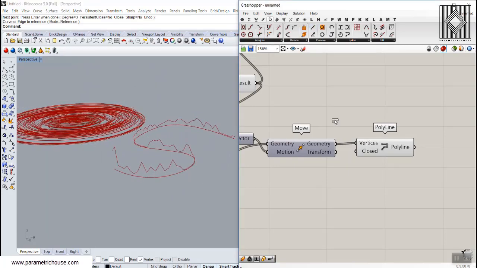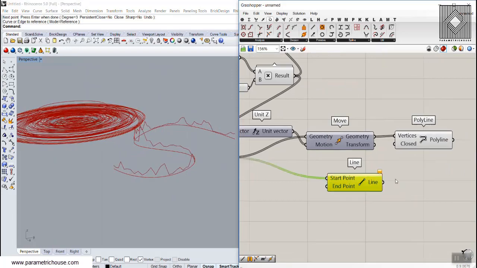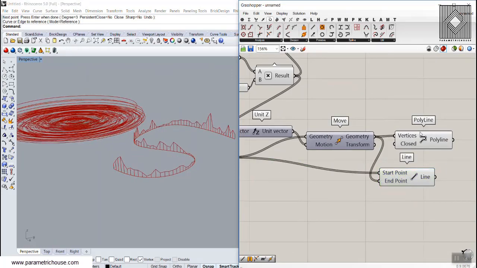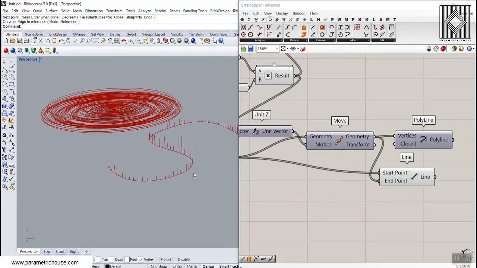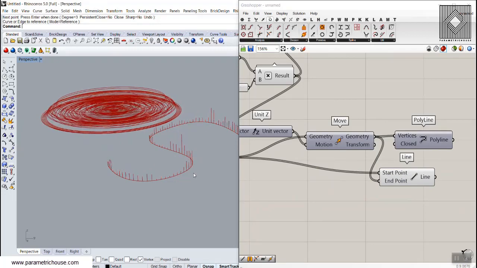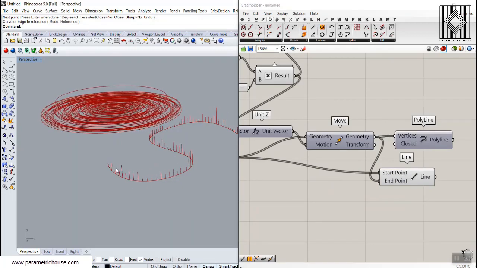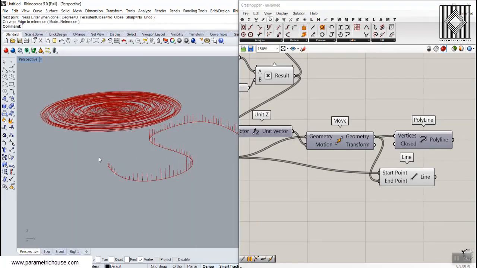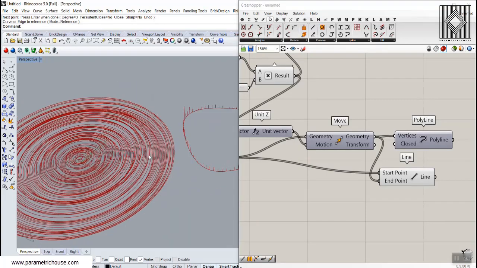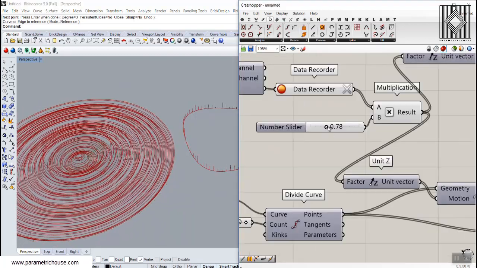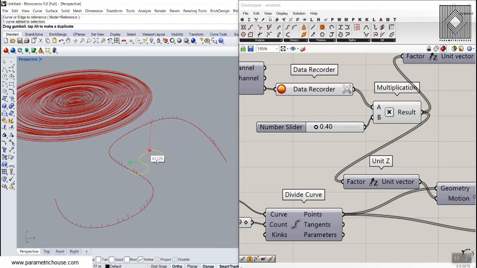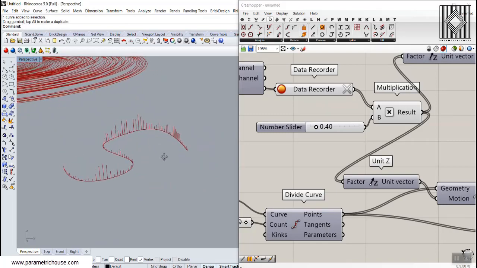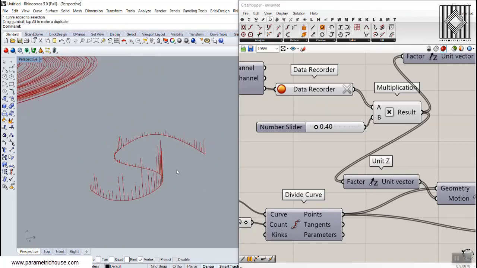You can also put a line here and connect the points to the moved points and have them in lines. So we can just turn this polyline off, and as I'm talking you can see that those lines are moving. We can use this for different things. Maybe you can use it for water going up and down in a spring or something like that, or you can use this to just show the waves of your sound. We can just decrease this and see that, or we can just scale this circle. Okay, so this is the next example. You can see how we use the sound to produce geometry.